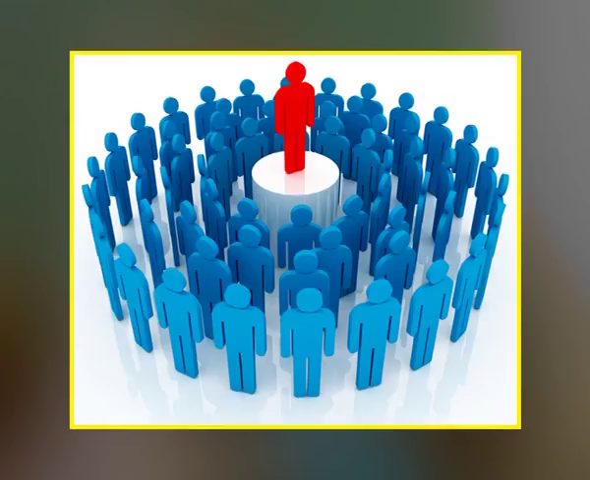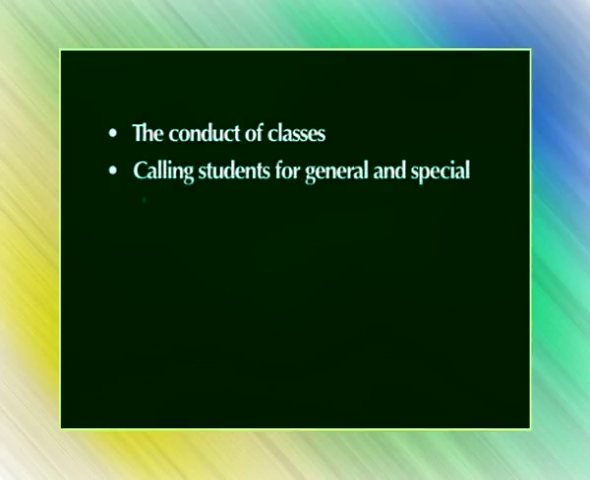As such, the head of the educational institution, instead of keeping all the authority of decision making with him, can delegate the authority to his immediate subordinates, that is, heads of the departments. As far as certain departmental issues are concerned, the heads of the departments may be given full liberty to take their own decisions regarding number 1, the conduct of classes, number 2, calling students for general and special classes,